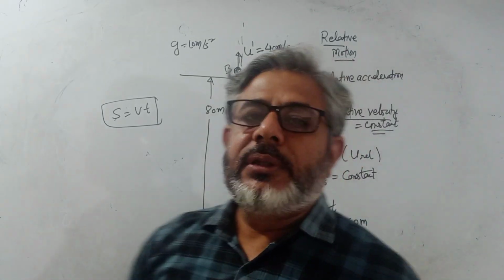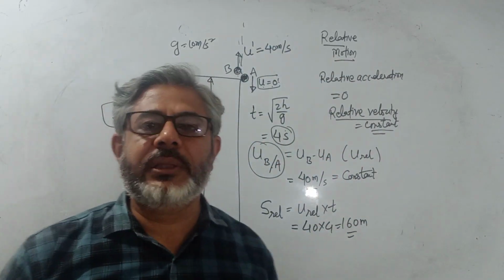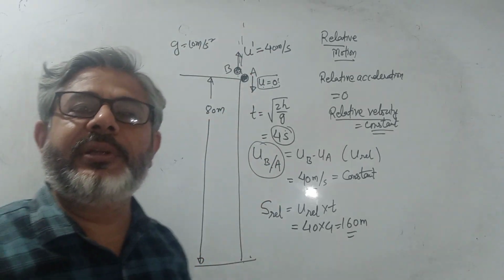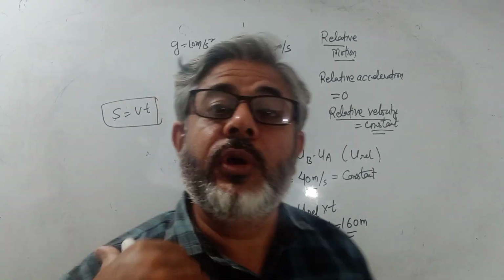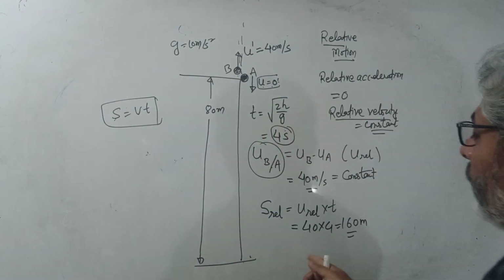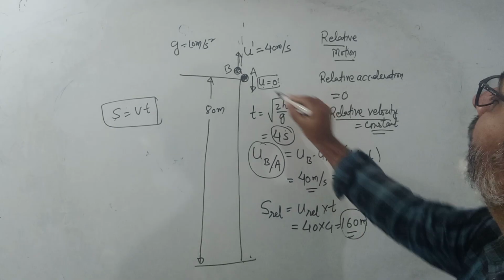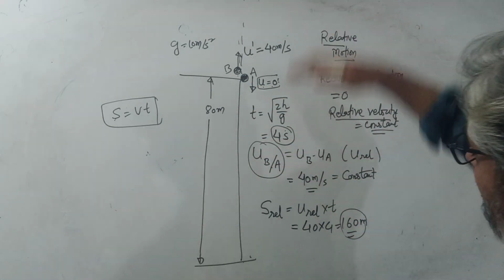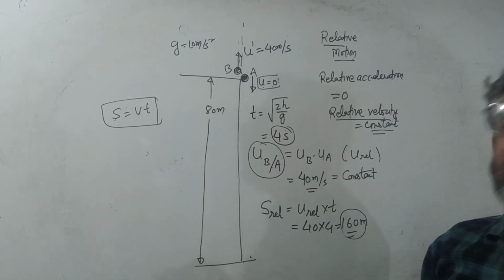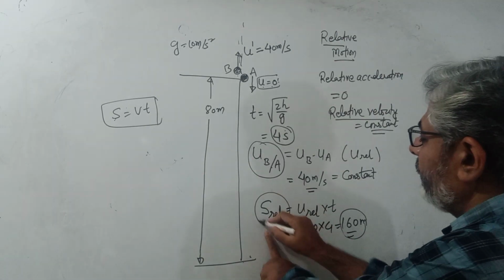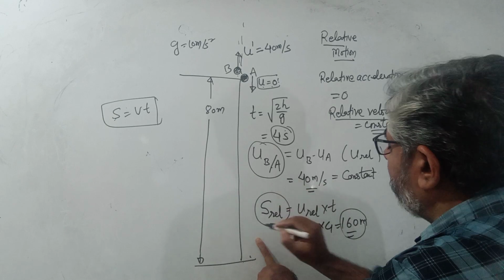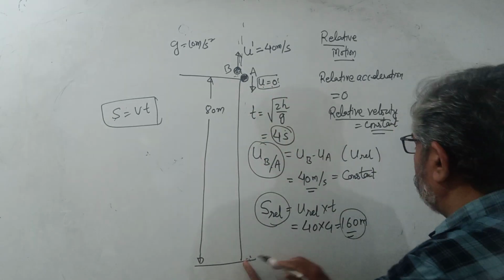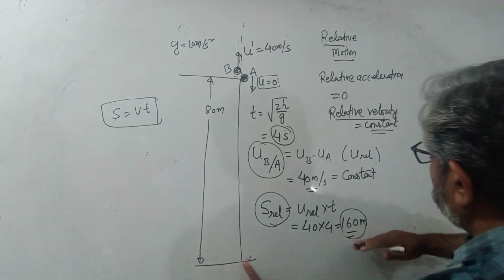So you will say, sir, but this is the wrong answer because we got the answer as 80 meters. You said that it is at 80 meters above that building. Look carefully, this is the same answer. Now what I am getting is that with respect to this particle it is 160 meters high above. You understand this? This is relative. We often forget the word relative. So when this comes down to the bottom, with respect to this particle, the other particle is 160 meters